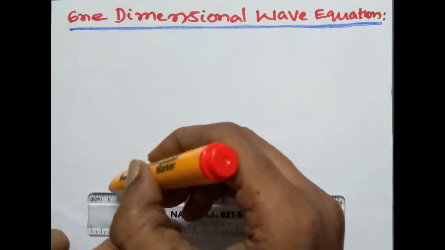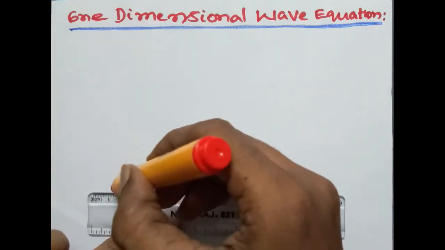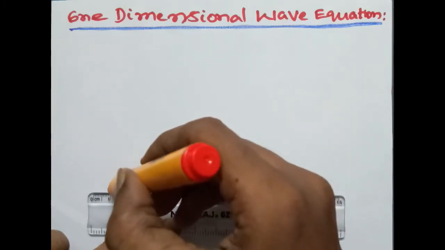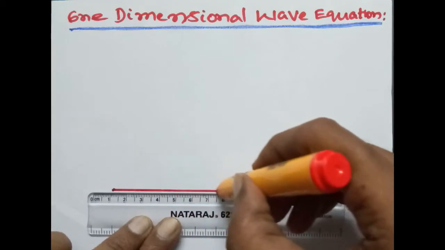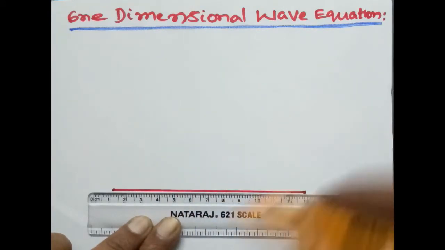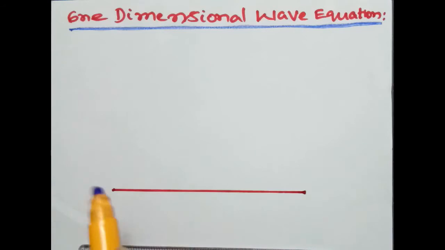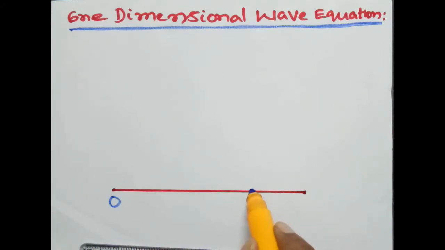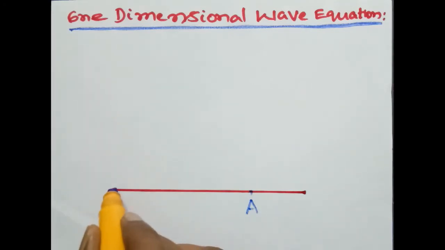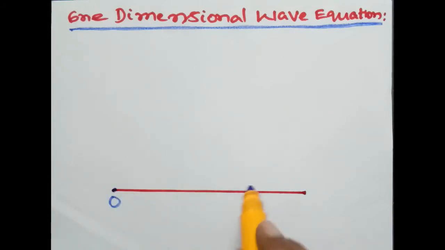Consider a uniform elastic string of length L stretched tightly between 2 points O and A. One of the endpoints is O and the other endpoint is A, and taking OA along the x-axis,